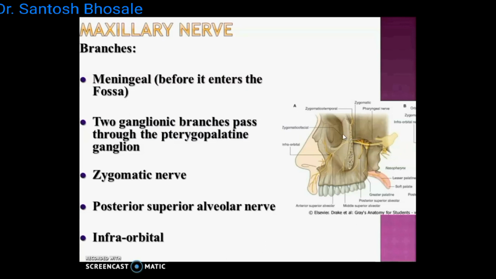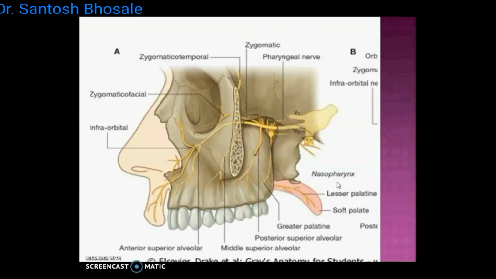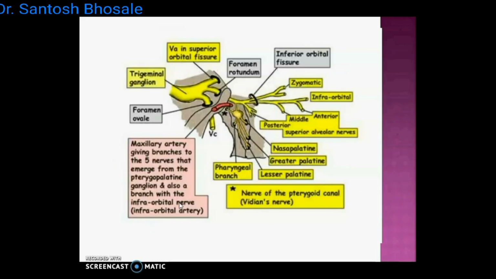One is passing along the zygomatic arch, the zygomatic branch; one is passing in the orbit, the infraorbital nerve; one is passing along the superior jaw, that is the posterior superior alveolar. You can see now that is a branch, the zygomatic branch. Again this is infraorbital, and the posterior superior alveolar forms the superior dental plexus, supplying the upper jaw. You can see the zygomatic is dividing into two branches there, zygomaticofacial and zygomaticotemporal, whereas this one is the infraorbital coming out in the face, and that is the posterior superior alveolar, supplying that.